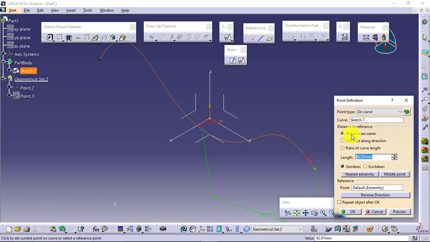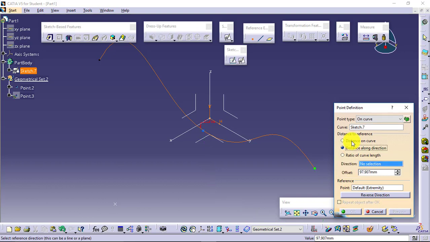Where you want to define the point? Distance on the curve. You will define the distance value from this. At that particular distance, point will be defined. Distance along the direction, you want to give the distance along a particular direction, say along the y direction or along the z direction or along the x direction.